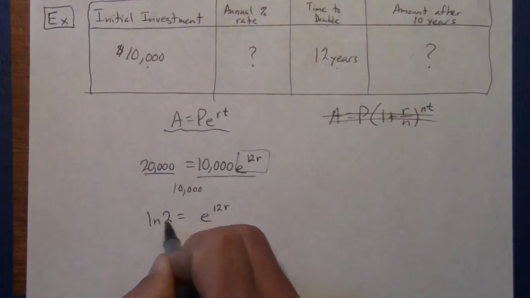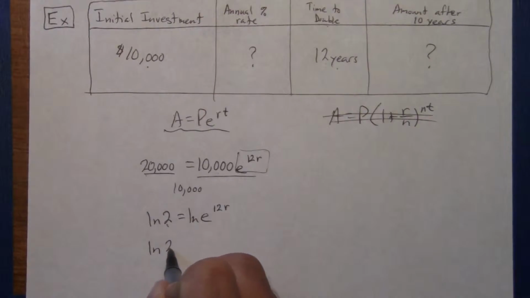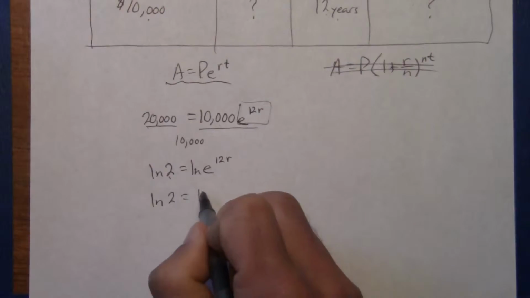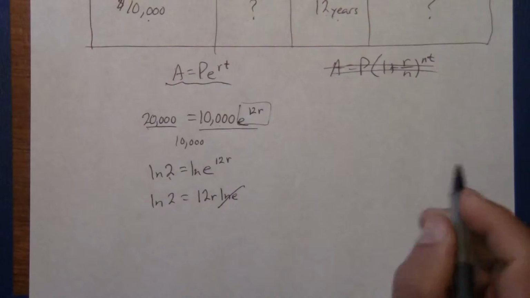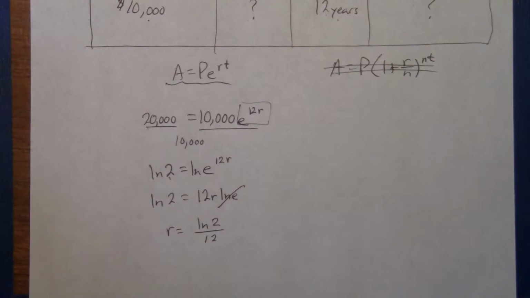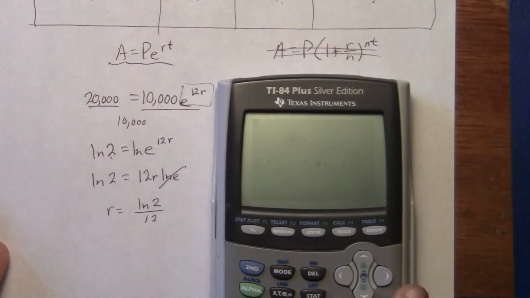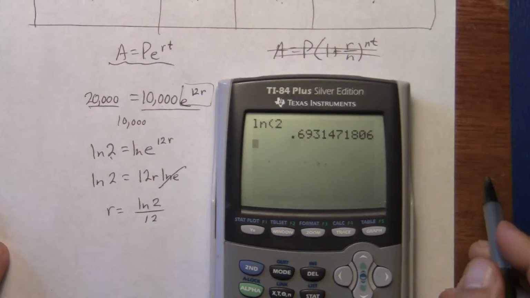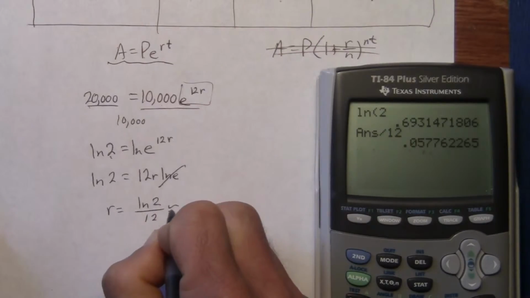Going to have to take the natural log of both sides, because my goal is to get that r out of the exponent. That's going to give me the natural log of 2 is equal to 12r times the natural log of e, which by now we know equals 1. So now I can divide both sides by 12. Make sure that when you type this in your calculator, it's not the natural log of 2 divided by 12, it's the natural log of 2 and then divided by 12. So again, be careful when you're entering it in. It's why I always type in and hit enter when I find the natural log first, then divide by 12. And so it tells us that it's going to be approximately